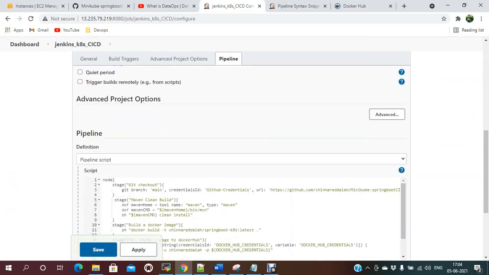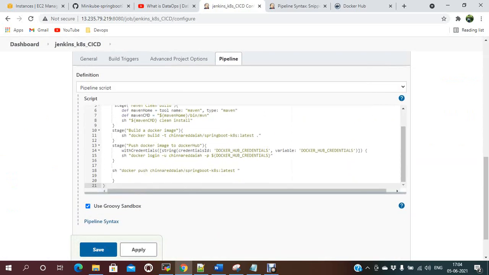Let me add another stage. Okay, the next stage is to deploy the Docker image into the Kubernetes cluster, or simply deploy into Kubernetes cluster.